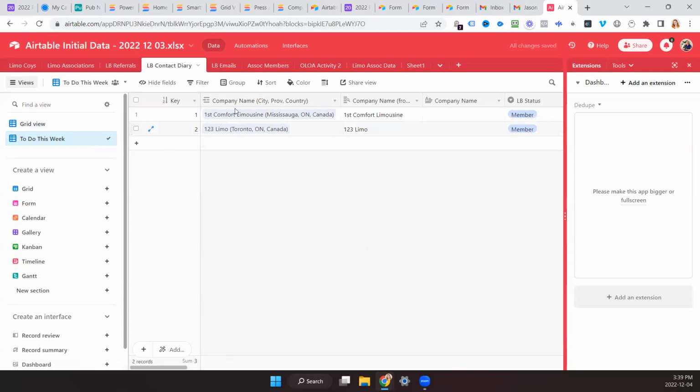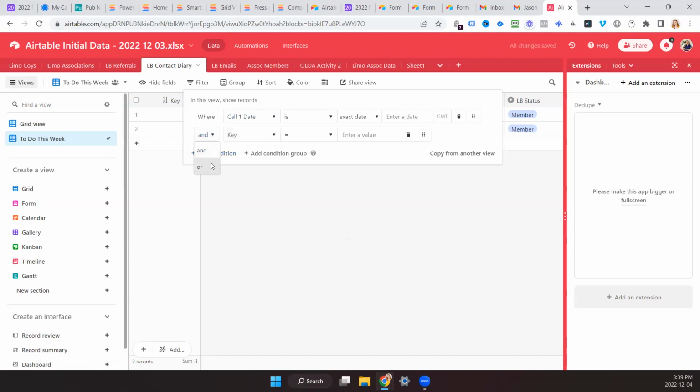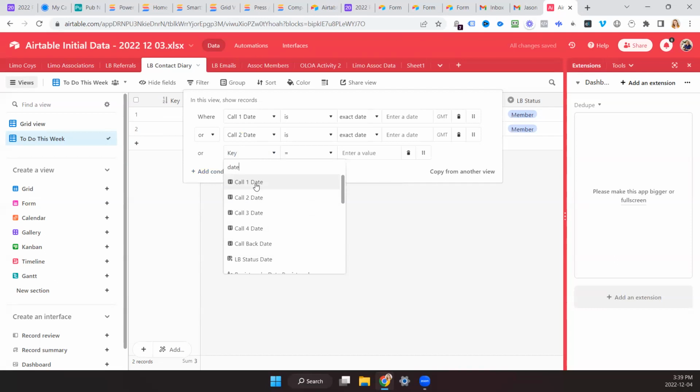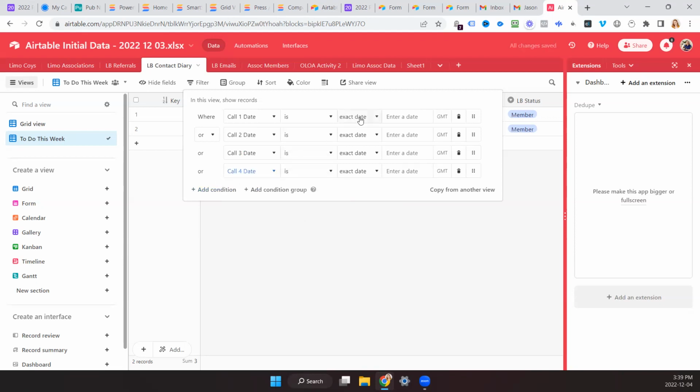And here you could have filters so that with any of those dates, call 1, 2, 3, 4 dates, is within the next number of days.